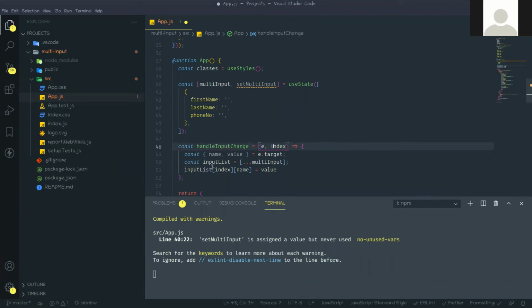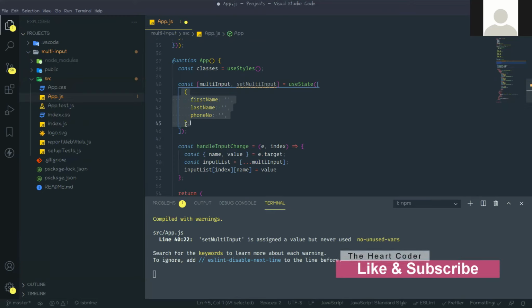That means this value is set when handle input change happens, for that index number, which row. Row number means this is row 1, then row 2, then row 3. If you consider it an array, this is index 0, another is 1, so I need the index, and in that index this is the name, actually the input box name.